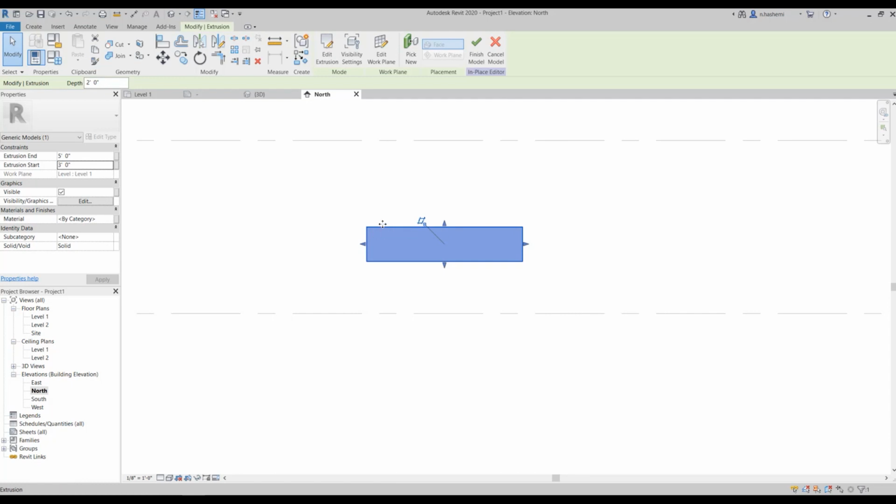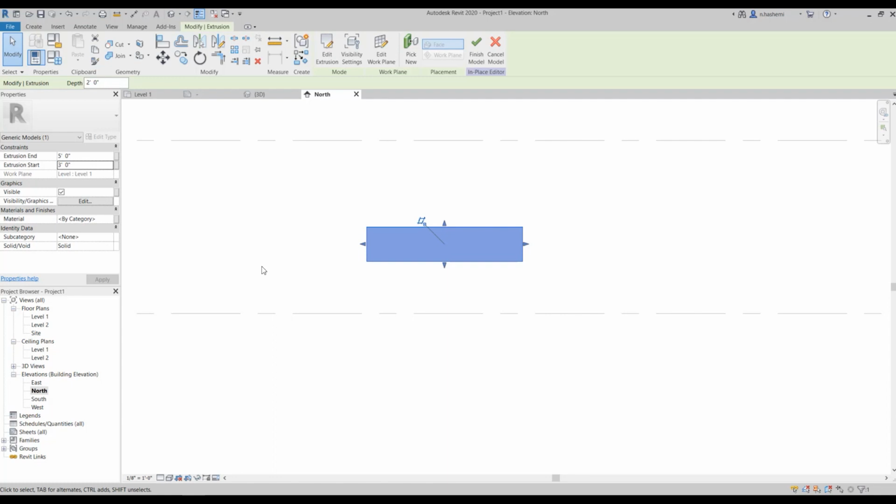So right now, because I started drawing my model in level 1 plan view, my work plane for this shape is set to level 1, and these start and end extrusions are based on that level 1. Now in Revit you have the option, and actually you are free to specify your work plane, and it could be any surface, and you're not limited to your levels.